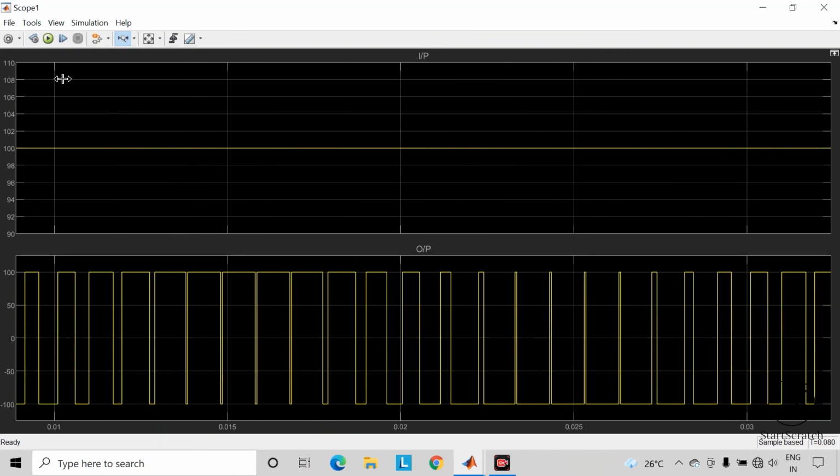So as you can observe here, our input voltage is 100 volts and we are getting the output voltage which is varying from 100 volts to minus 100 volts, which we have got with the help of sine PWM technique.